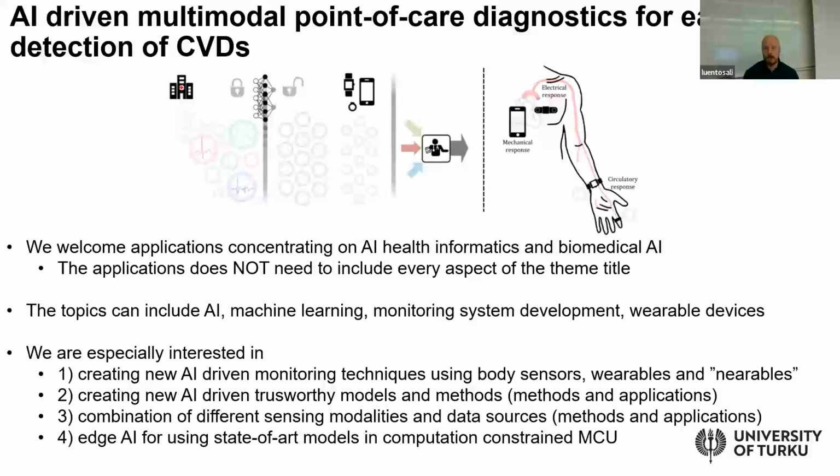Two other topics are also available on the SYS-LIFE webpage. But all in all, the skill sets are very similar. We are interested in AI methods and in wearable signals, sensors, and instruments. And this is one topic, but if you are applying to work with us, it's not necessarily exactly like this. If you're broadly interested in AI health informatics or biomedical AI, this would be sufficient, and we would be happy to have a discussion if you have any questions, to see if we can find common ground